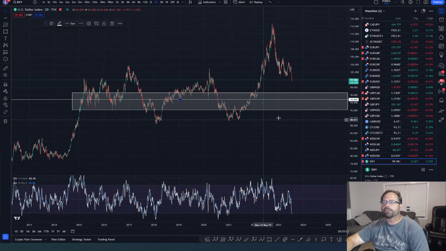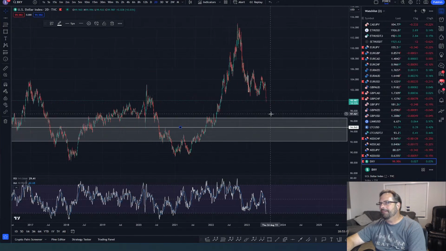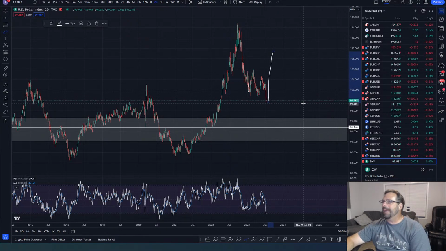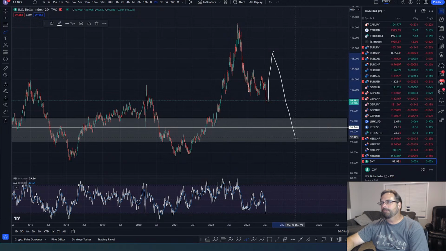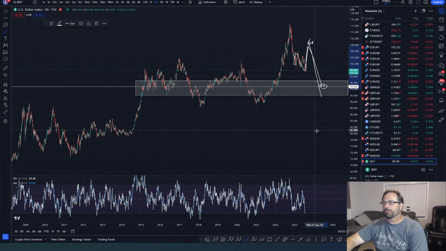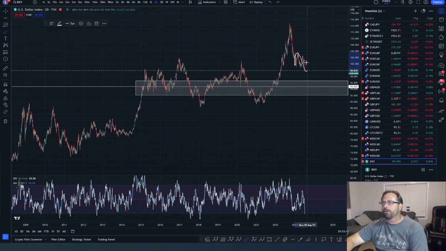94.8 is a really good target, and I've been calling for this wave to come down for quite a while. So that's my main target. Now, does it have to come down here now? No. It certainly looks like it's coming down pretty hard. Could this thing shoot up like this? Absolutely. That could shoot up like that before it comes down again. So watch out. This could be some kind of a flat right here on the DXY. So don't be too bearish, but I am pretty bearish, and I am at some point looking for this wave to come down and hit these levels or lower, or even potentially lower than that down the road. We'll have to see how this plays out. But watch out for a flat here.